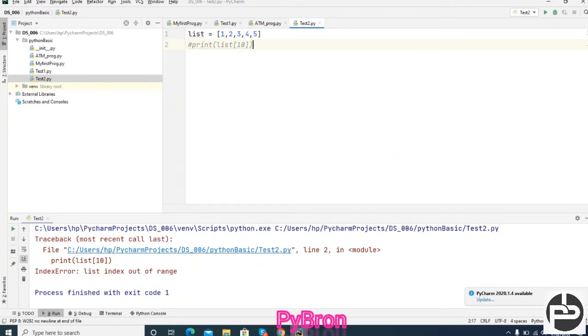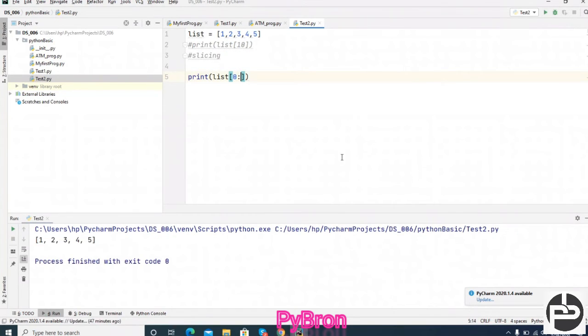Slicing means if you want to print some particular values. Suppose I print the list from 0 to end, so it will print from 0 to the end. Suppose you want to print from the first index, second index, you can do that also. By default it will take the second index and reach till the end point.